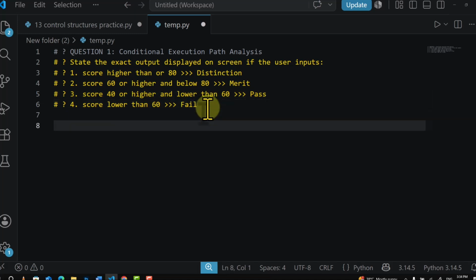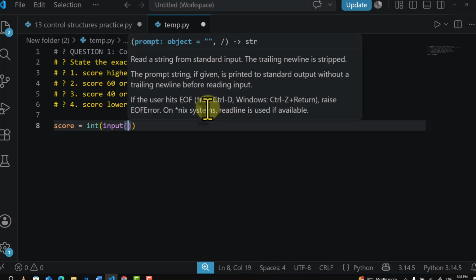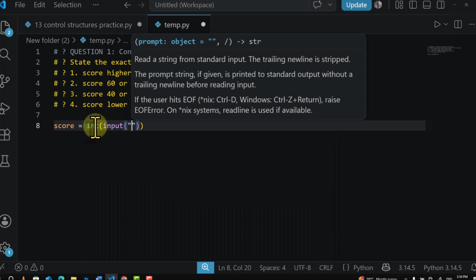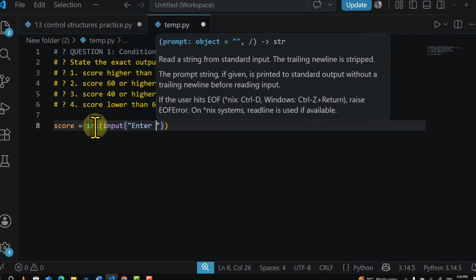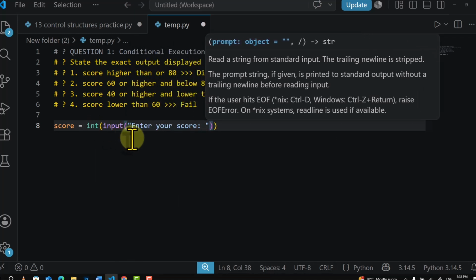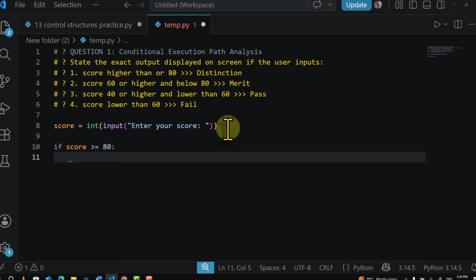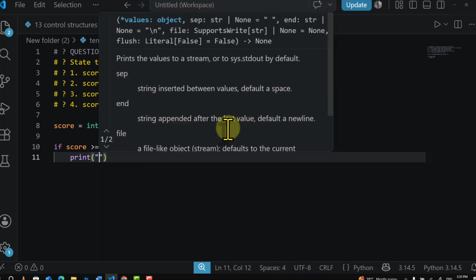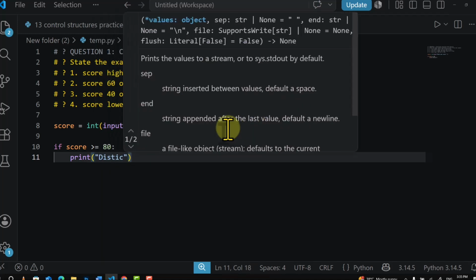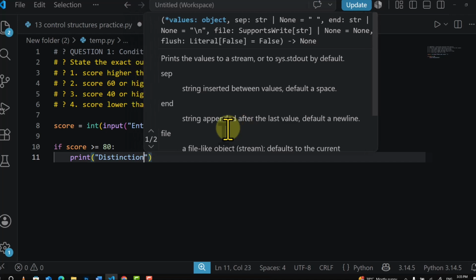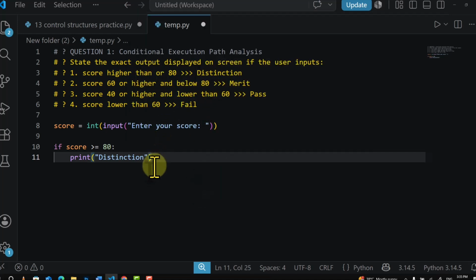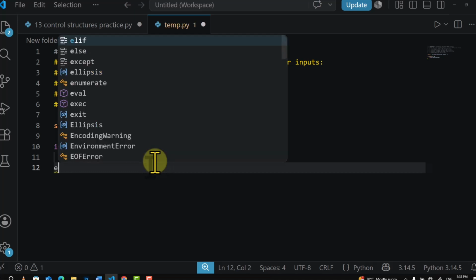First of all, let's take the score as input. Score is equal to int input. That is int, or you can change it to or cast it to float as well. So, enter your score. Now I'll write: if score is higher than or equal to 80, then print distinction. That's good. And now in the next elif,